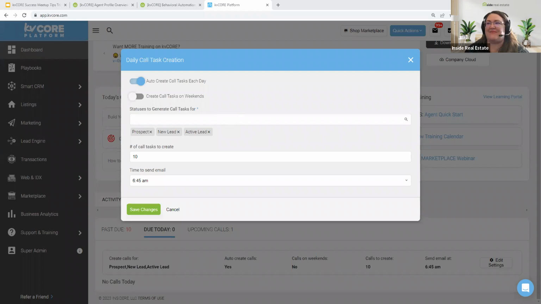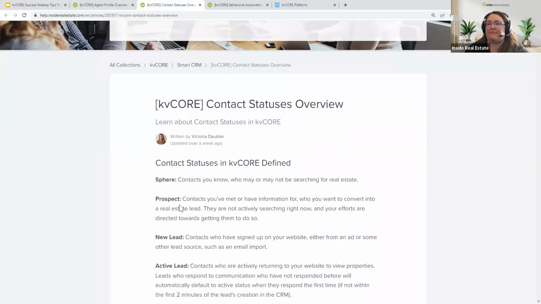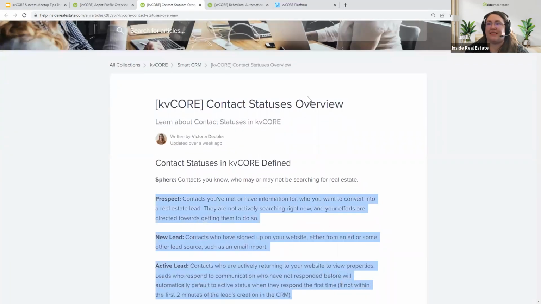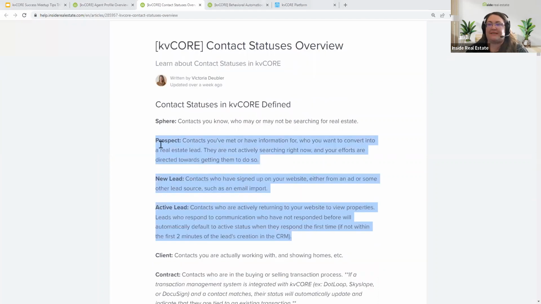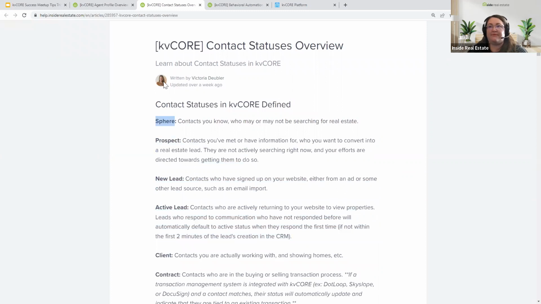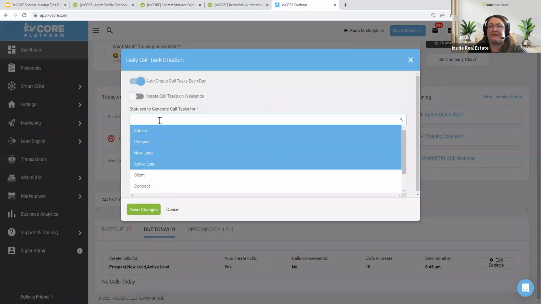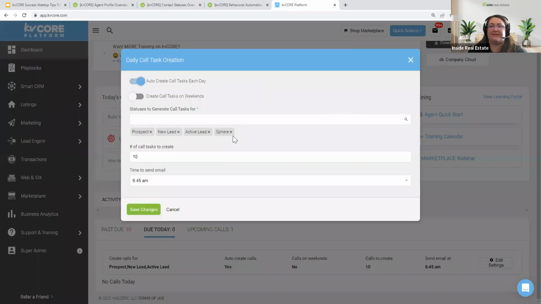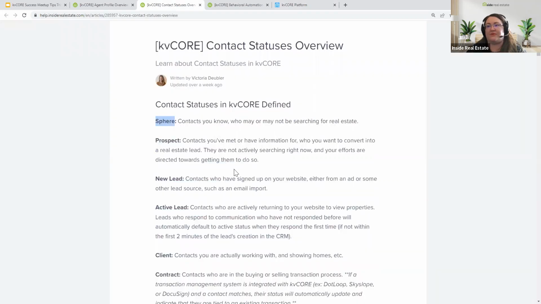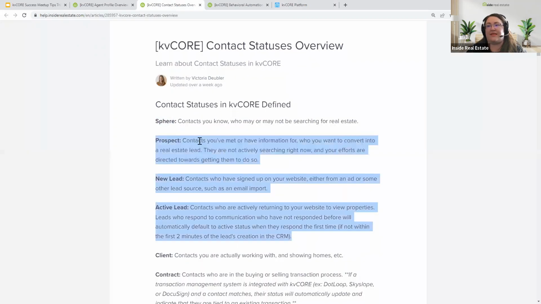And so I've got my prospects, new leads, and active leads, and that's what it defaults to, because these people I am hoping to become clients, but they aren't there yet. Sphere is different. Some of you will want to add your sphere here, and some of you will leave it off.